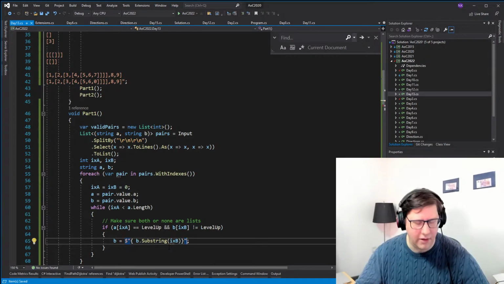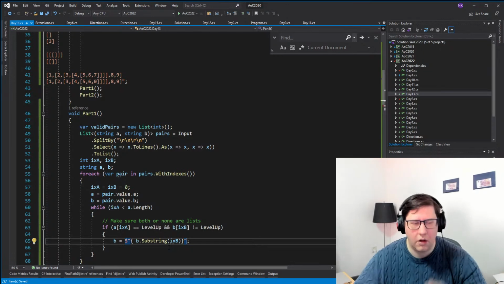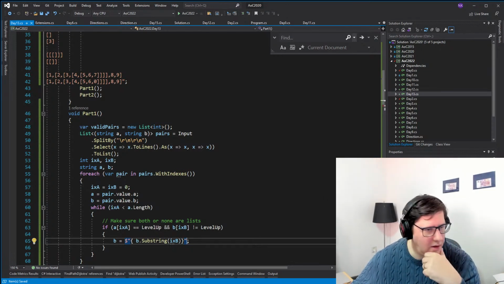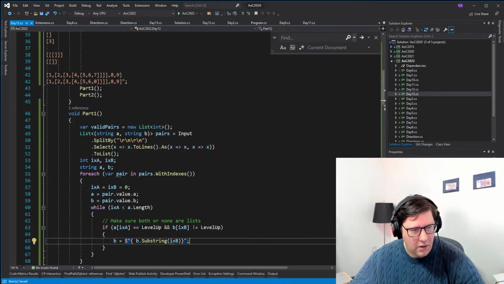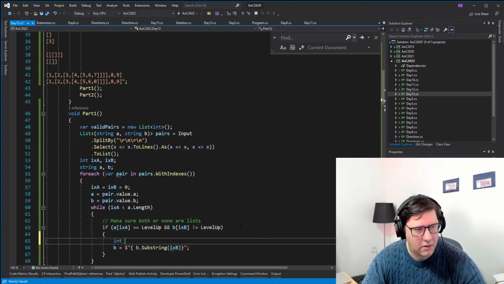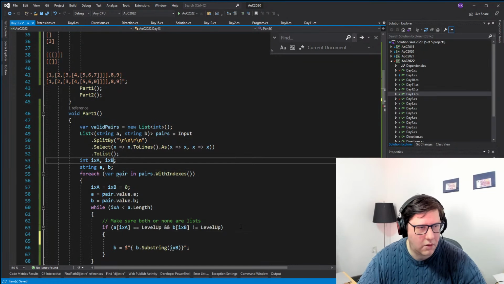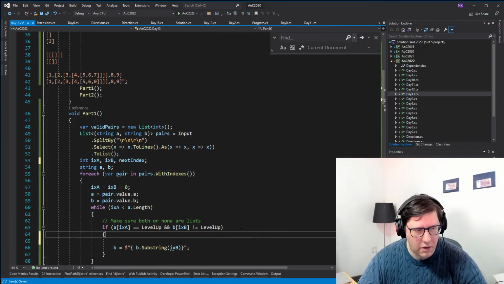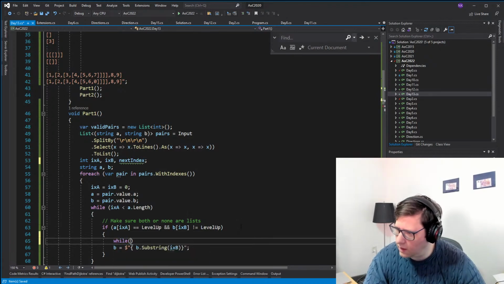And actually we need to find the next token for B, like the next comma. So we need to look ahead to the next token. Let's see, int, I can just do next index. Okay, so we can do while